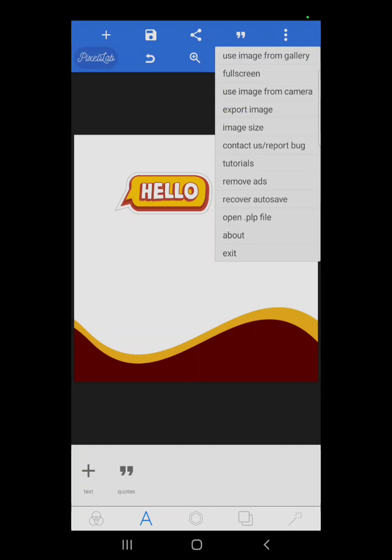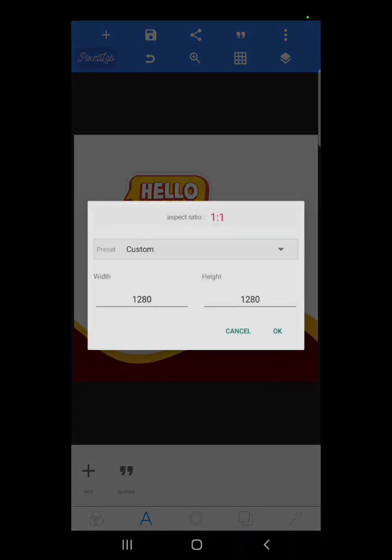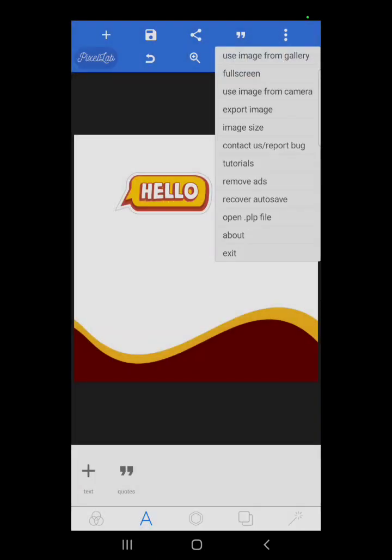We have use image from gallery. It's also like a second shortcut to what we've already used here. Use image from gallery. Full screen, use image from camera. Export, that is to save. Then image size, what we just looked at. Okay, good. Then we have contact tutorials. This app has a personal tutorial, so you can try that out. Then you have remove ads,